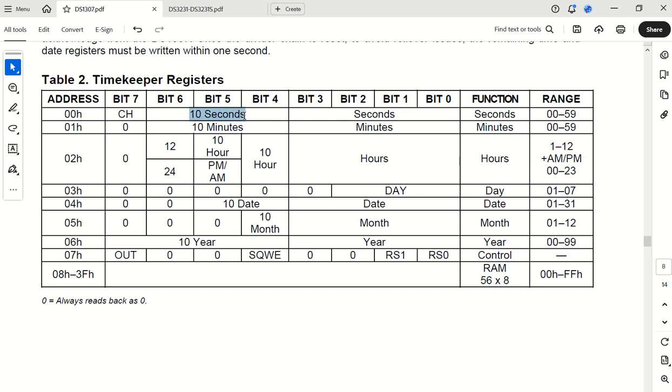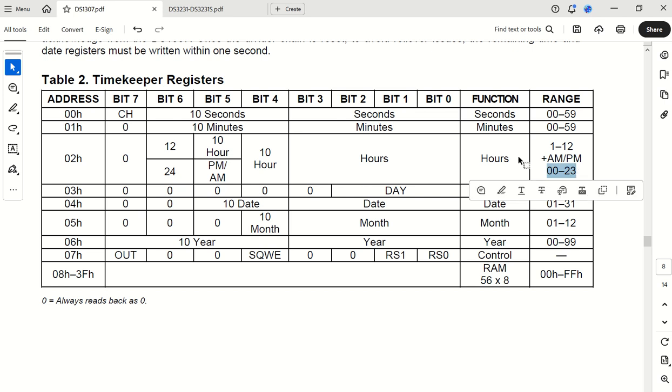You have to place the upper or the high seconds in sort of a BCD format, which is the same as a hex format in this specific case. It's not normally the case, but if you put a value here of, as I've said, 46, you will put a 4 in here and a 6 in here, which will then store the specific seconds. In the minutes, same story. You will store the minutes high here in bits 4, 5, and 6, and the minutes low in bits 0 to 3.